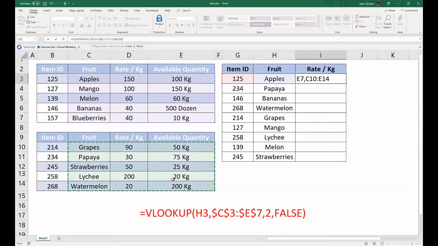We close this, and then we come back to our normal VLookup formula. Now, which column index number are we looking for? The value is in C. We are looking for rate per kg, which is the second column. And then we mention false as our